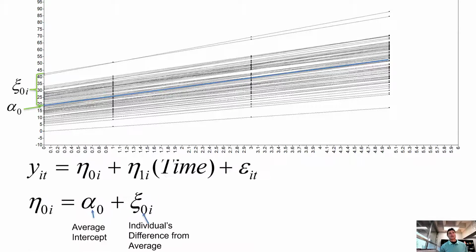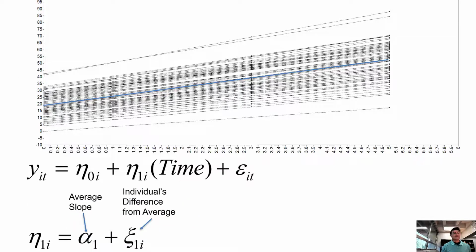And I'll just kind of show you in here, kind of breaking it down. This is the average intercept, and then this is that individual adjustment. So how much different they are. So for this person here, they're getting 22. This person here is getting a 22 point above the average intercept. So I think that hopefully makes sense and hopefully is interesting.